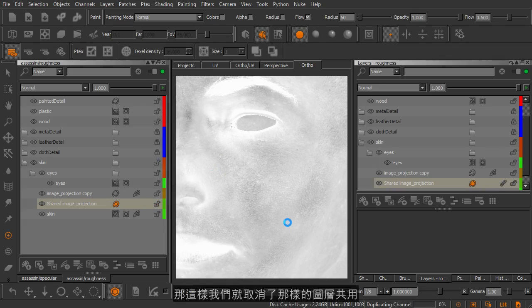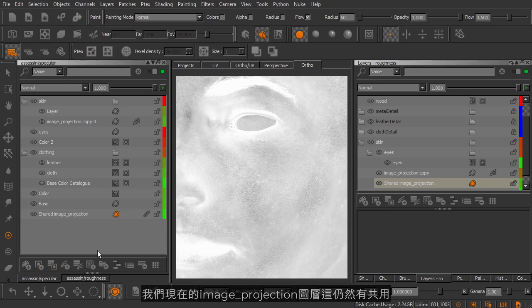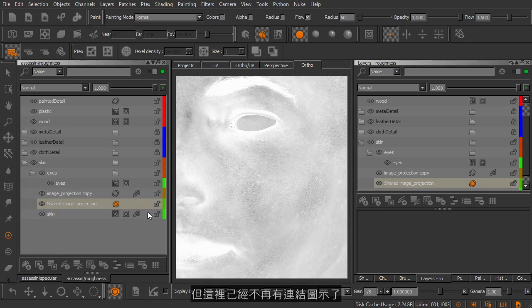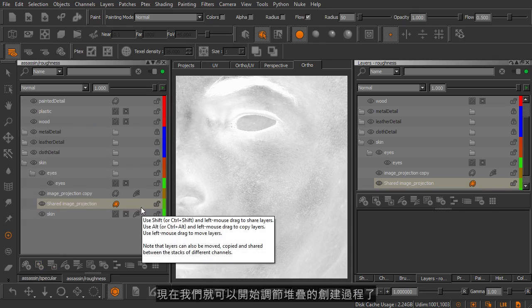Now what happens there is when we unshare a layer like that, it breaks the link to the original source layer. Now we still have that image projection layer shared over here, but we no longer have that chain link icon here. So now we could go about the process of creating that adjustment stack, and it would only